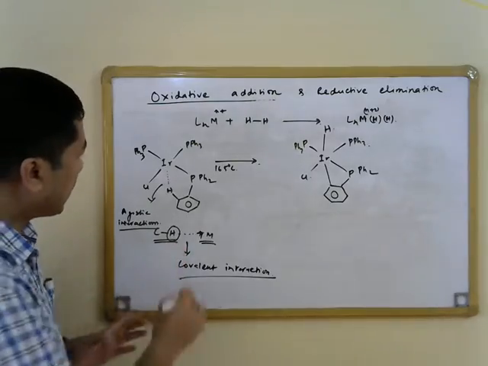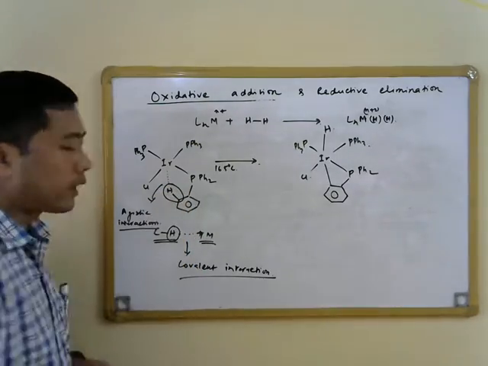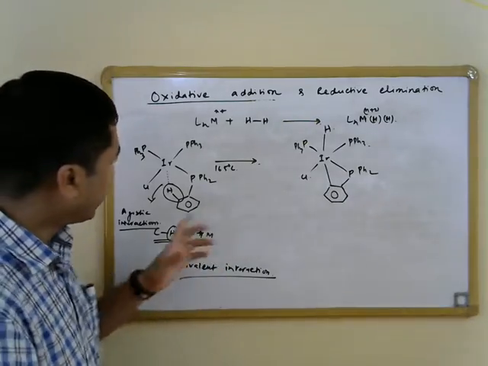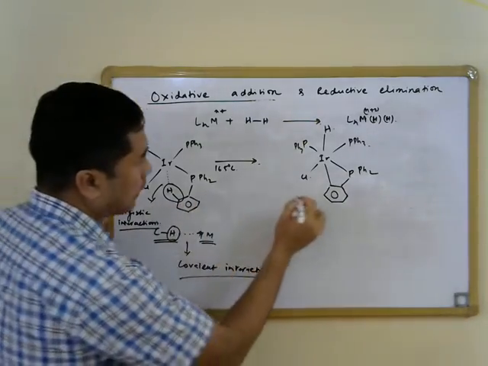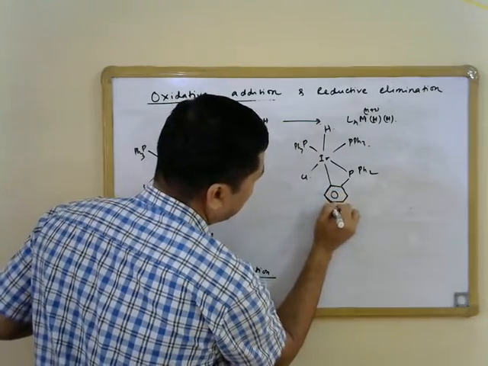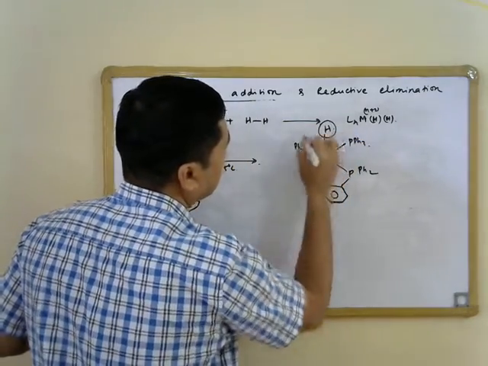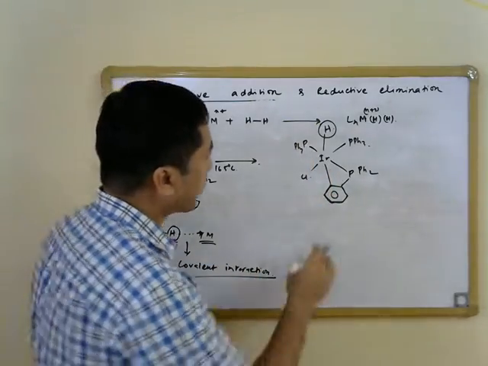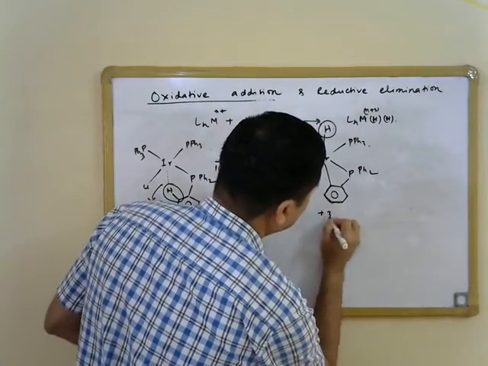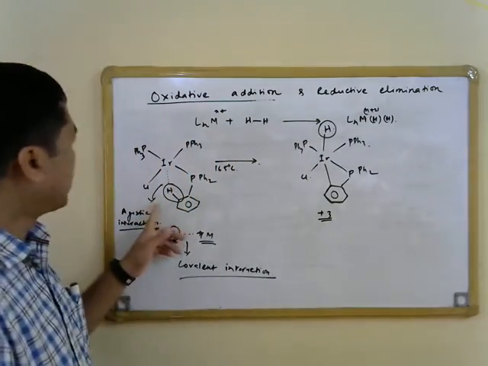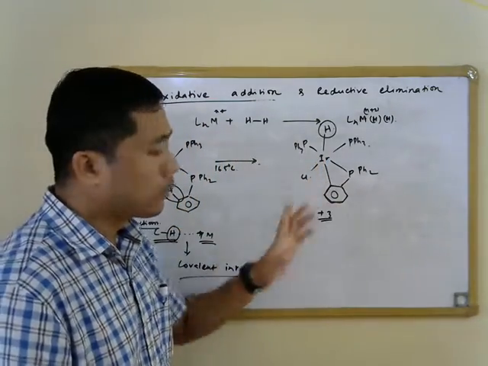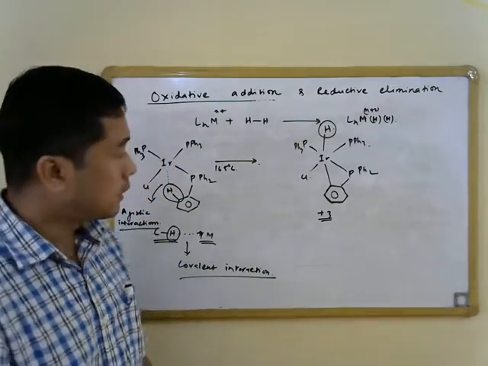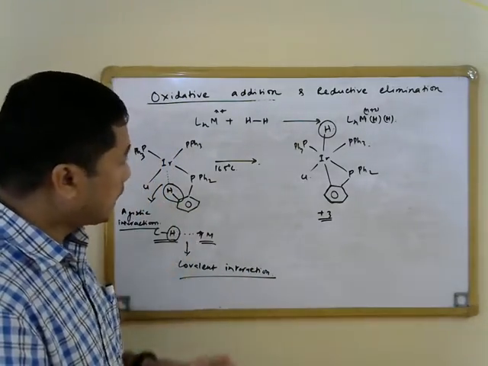What we have seen is that this CH bond got ruptured, and the units that we obtain, an aryl ligand and the hydrido ligand, are added to the iridium metal center, and meanwhile the oxidation state of iridium increased from +1 to +3, and the coordination number also increased from 4 to 6. So oxidative addition reaction has essentially taken place, and this reaction